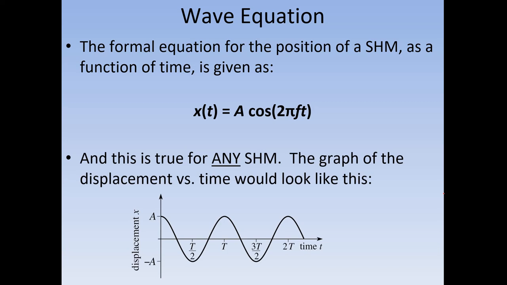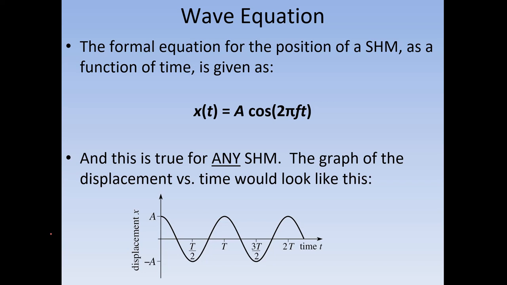Now, for the most part, this is going to be true for any simple harmonic motion that starts at the positive amplitude. It's important to note that all the equations and all the graphs that are going to come from this are based off of this scenario. If I change this, maybe instead of having it start at the positive amplitude, I have it start at the negative amplitude,